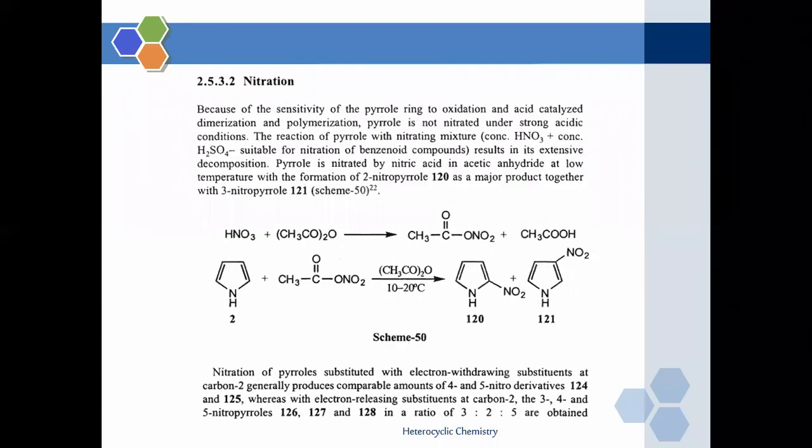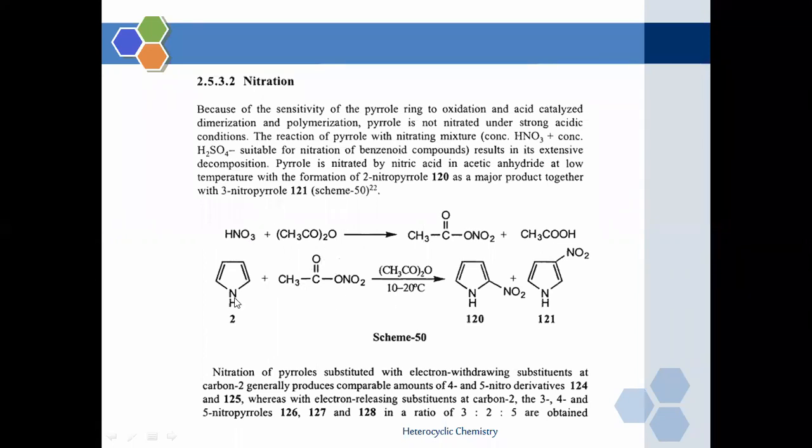So we will discuss the individual reactions one by one. The first reaction with respect to the pyrrole molecule is nitration. Now, generally pyrrole will not go for the oxidation reactions, that is nitration, but in certain cases by using a different nitrating agent, pyrrole will undergo nitration. This nitrating agent with respect to the pyrrole molecule is a mixture of nitric acid and acetic anhydride, which we are going to use as a nitrating agent.